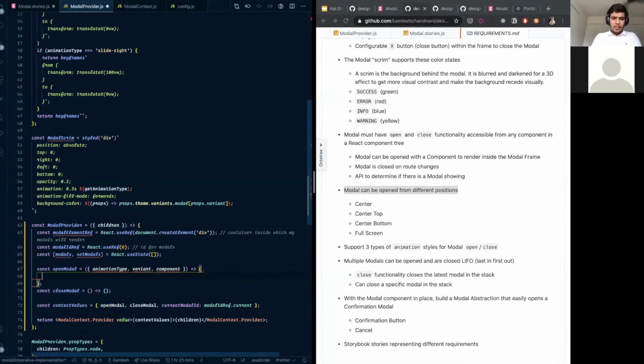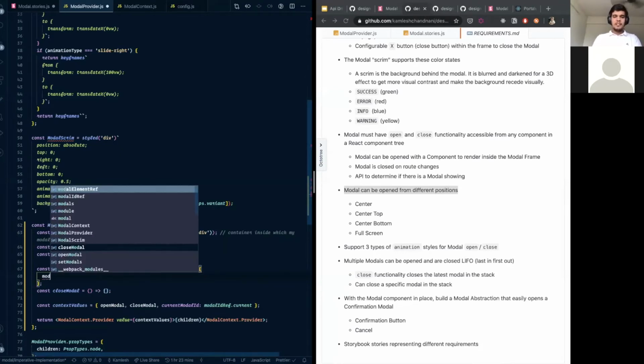So now when I'm opening a model, the first thing is, since we have a stacking context, right, which means every model that is being opened should have a unique identifier. So every time before I open my model, what I want to do is increase the last current identifier, right? So for simplicity, I've just made it a normal incrementing counter, which is my model ID ref.